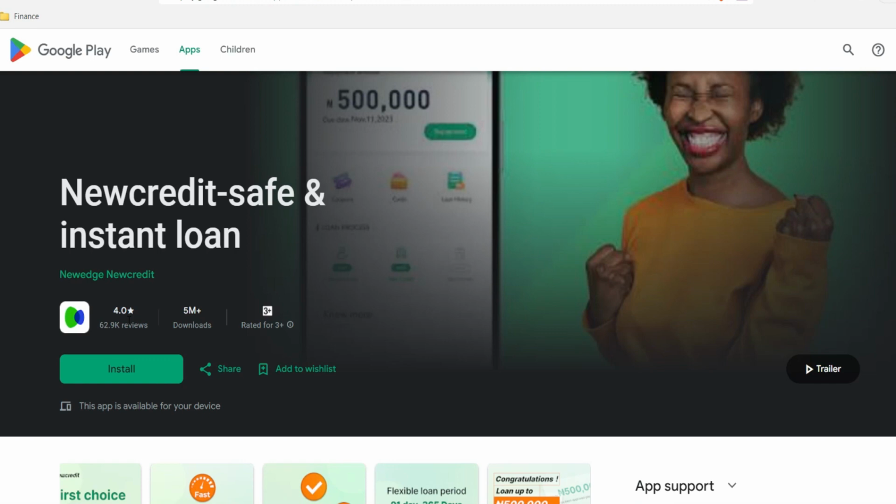So these apps have their own terms and conditions. How much you'll be able to get from New Credit is literally different from how much you'll be able to get on Old Cash. You can jump on Old Cash and request a loan, and probably they say you are eligible for a 100,000 naira loan. You might come to New Credit and get a loan offer for more than 100,000 or even less. So they all have their own differences, but yes, they have most things in common.